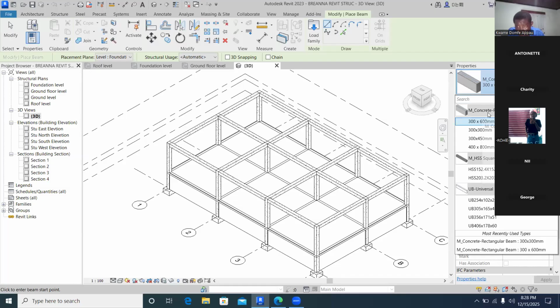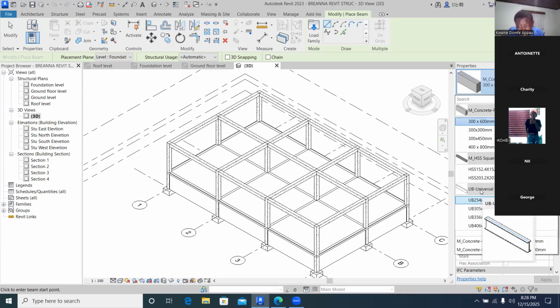You see, there's a concrete rectangular beam. There is the steel hollow section, which I did for the columns. This is for beams, the concrete beam. Then if you go to the next one, we have the steel square hollow section. Then the third one is the UB universal beam. There is no